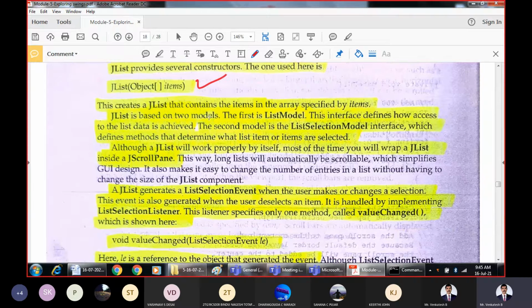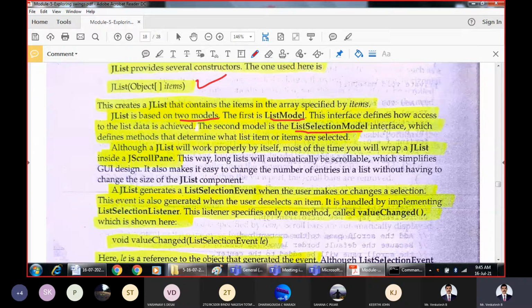It works basically based on two models, the list model and the list selection model. The list model interface is going to define how we can access the list. That means in what way you are allowed to access the data present within the list.